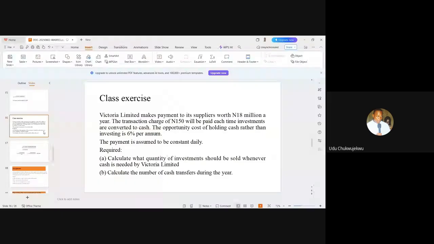We stop at the EOQ. Now for Victoria, the question is, calculate what quantity of investment should be sold whenever cash is needed by Victoria Limited. And this assignment you gave us now, the A part of it is having another